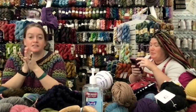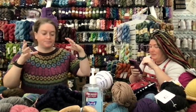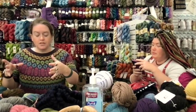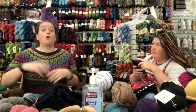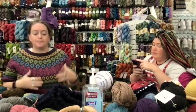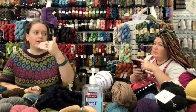Okay, so here's the thing. I have a lot of people requesting special videos on the pattern they're working on, and it could be a pattern I'm working on. The Ranunculus was like this special golden Easter egg where I could do the videos and not feel like I was infringing on the pattern, and as far as I know, the pattern writer didn't get mad at me, and everyone's like, oh my gosh, this is so helpful. And I did the videos while I was making the sweater, because it was our knit along. I was doing a new one. For a lot of patterns, that's really hard to do without crossing the line where I am